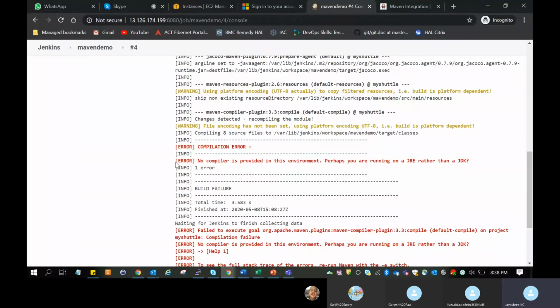You need to install the JDK in the target machine. That means in the Jenkins server. Okay, give me a second.